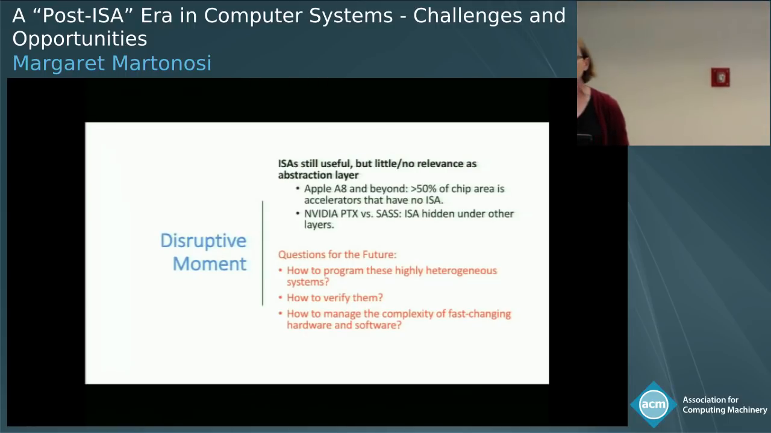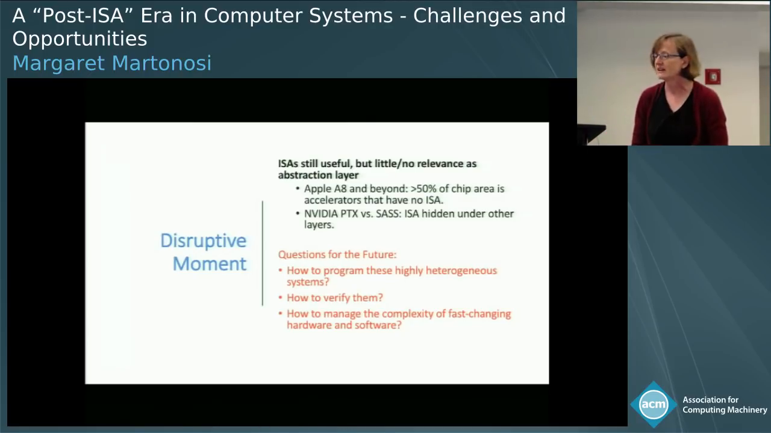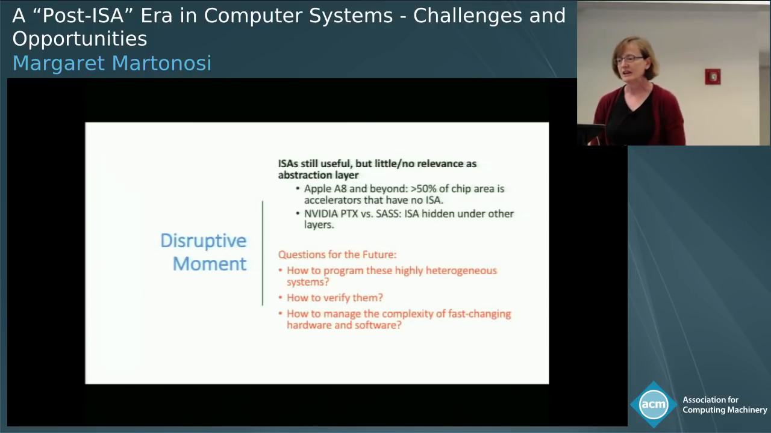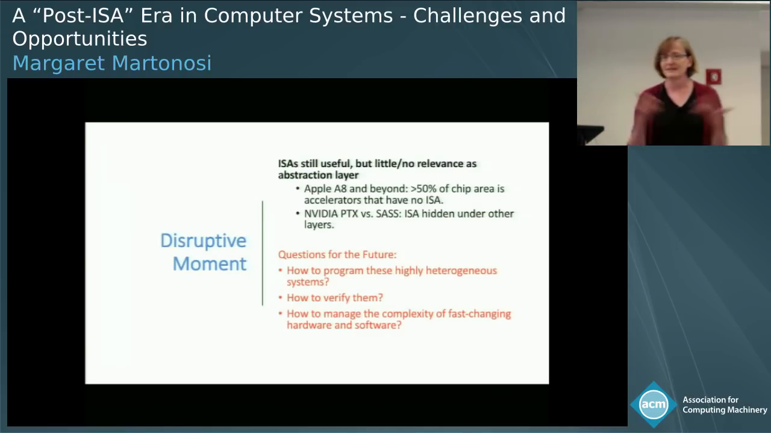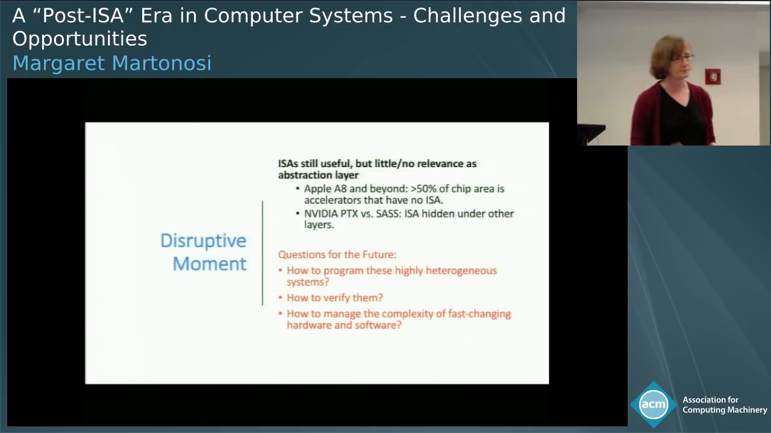How are we going to move forward and program these deeply heterogeneous systems if the hardware-software interface keeps changing with essentially every new chip generation? Even worse, how will we verify them? Because if so much is changing both in the hardware and the software at the same time, what do we verify against? And how do we overall manage the complexity of what we've created,